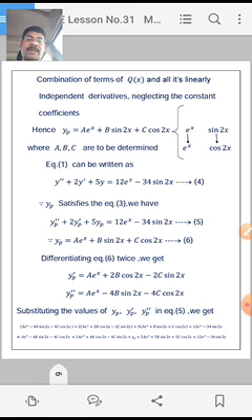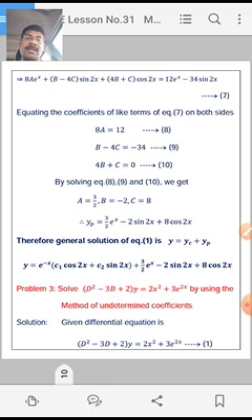Differentiating equation 6 twice, we get yp dash is equal to a e power x plus 2b cos 2x minus 2c sin 2x. The yp double dash is equal to a e power x minus 4b sin 2x minus 4c cos 2x. Substituting these values of yp dash and yp double dash in equation 1 and 5, we get,